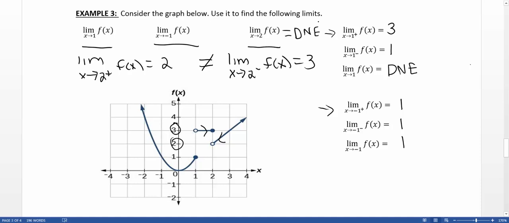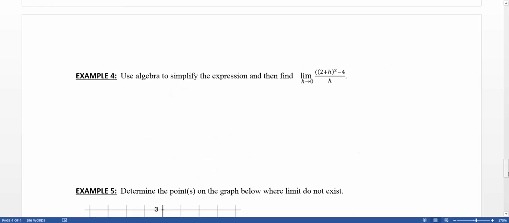So when you're considering whether or not limits exist, you need to be looking at what's happening from the left and the right to figure out if the limit itself exists. While we can always use charts to plug in and get close to numbers with algebraic formulas to see what the limit is, sometimes it's useful to try to simplify what we're looking at the limit of before we take the limit. So for example, consider the limit as h goes to 0 of (2 plus h) squared minus 4